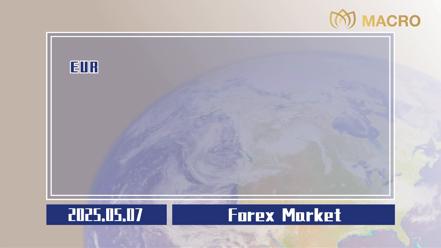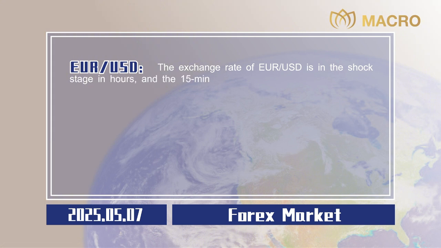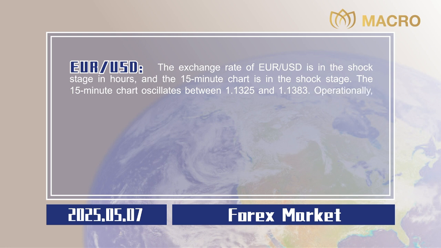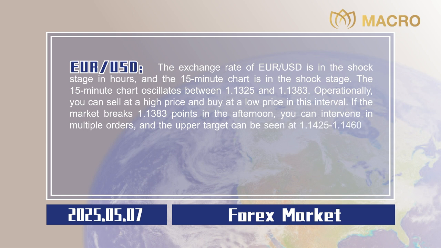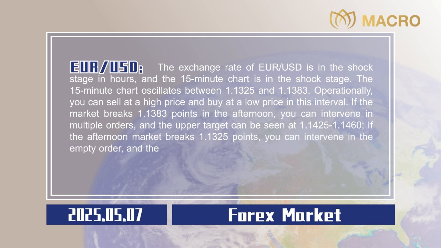Forex market. Euro to US dollar. The exchange rate of euro to US dollar is in the shock stage in hours, and the 15-minute chart is in the shock stage. The 15-minute chart oscillates between 1.1325 and 1.1383. Operationally, you can sell at a high price and buy at a low price in this interval. If the market breaks 1.1383 points in the afternoon, you can intervene in multiple orders, and the upper target can be seen at 1.1425 to 1.1460. If the afternoon market breaks 1.1325 points, you can intervene in the empty order, and the target below can be seen at 1.1280 to 1.1220. Stop losses are all 20 points,